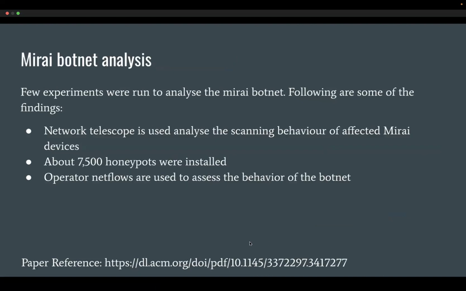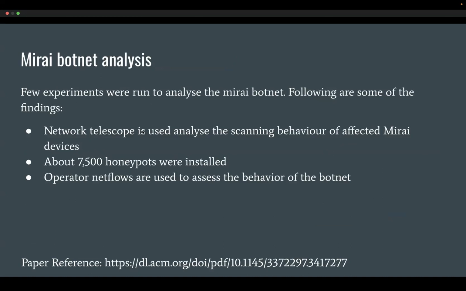All right. So we are following this paper, which thoroughly studies how Mirai works, how its variants emerged, how they compete with each other, how the battle ensues, and so on. This paper uses three main things to analyze the Mirai botnet thoroughly.